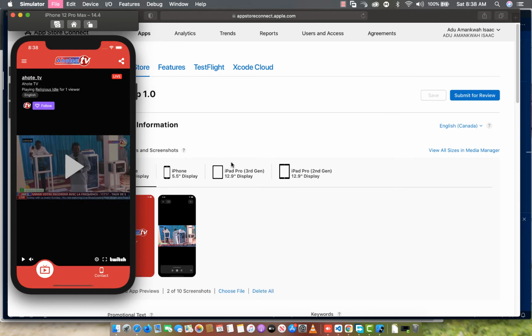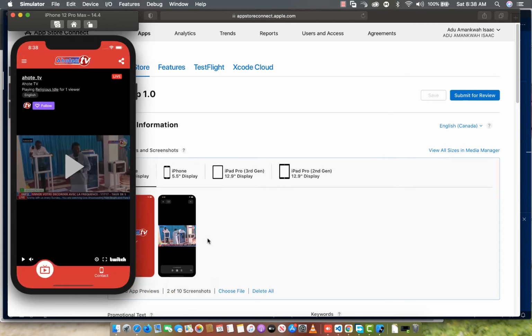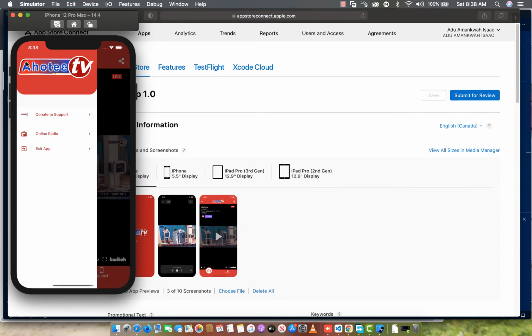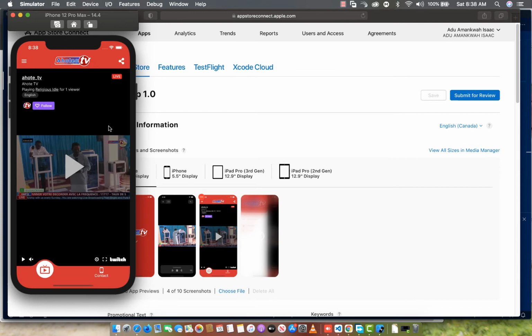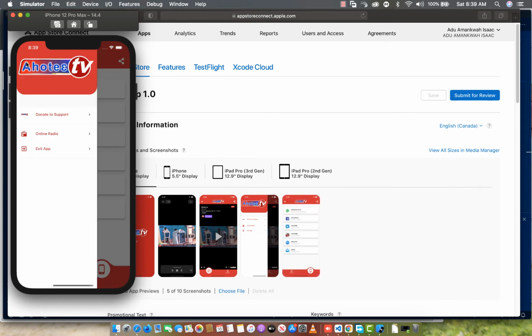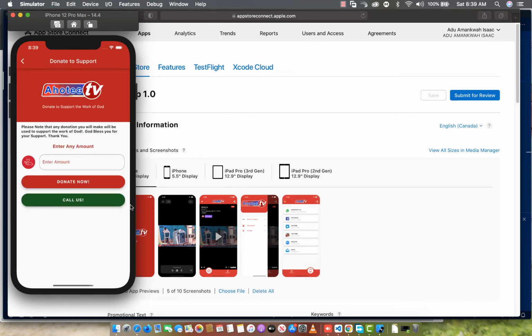Yes, and within this I'm just gonna save it again, bring it up here as a screenshot, and I'm just gonna go to this sidebar, Command S, save it up, drag and drop it here. So that is gonna be that, and I'm just gonna go to this contact, save this, then drag and drop this here. Good, I'm just gonna go back to donate, save that, bring that on here,